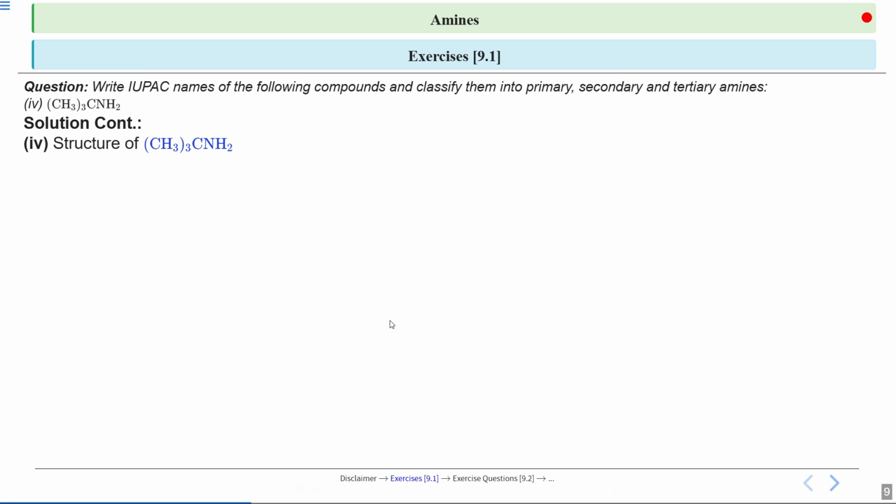Coming towards the fourth part, we will draw the structure of this fourth part. First I have selected my longest carbon chain. So this is my longest carbon chain. I'll do the numbering 1, 2, 3. Now to the second carbon, a CH3 group is attached, and also to the second carbon, an NH2 group is attached. So can you guess the IUPAC name? It will be